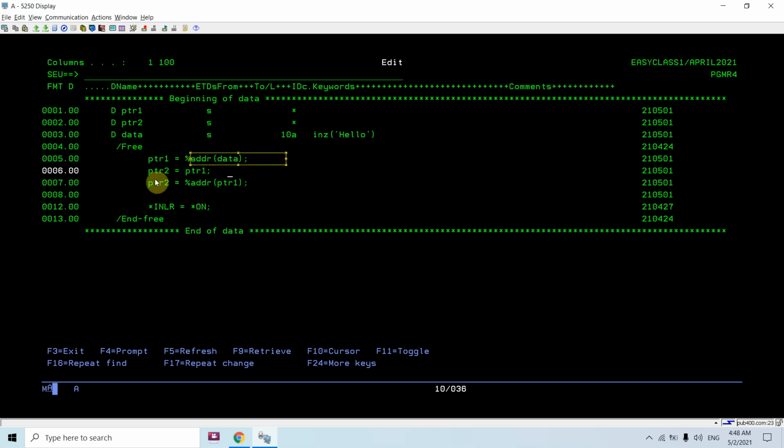Now what is pointer to pointer then? A pointer to pointer is a pointer variable which stores the address of some other pointer variable. Just comment it out for right now. You can see I have evaluated the address of the data variable in pointer 1. Pointer 1 is containing the address of this data variable. After that,